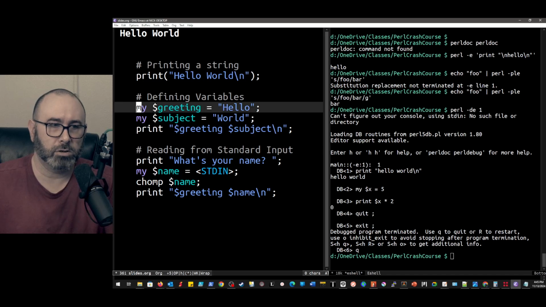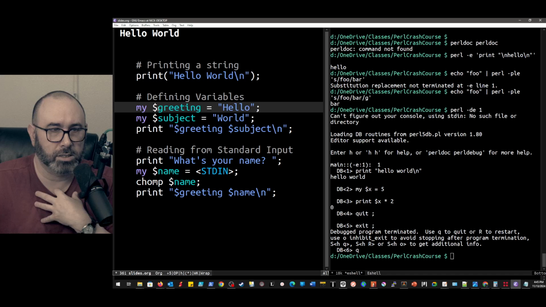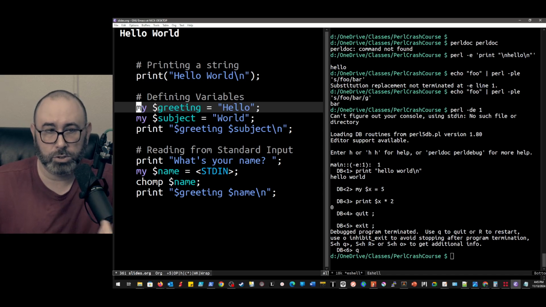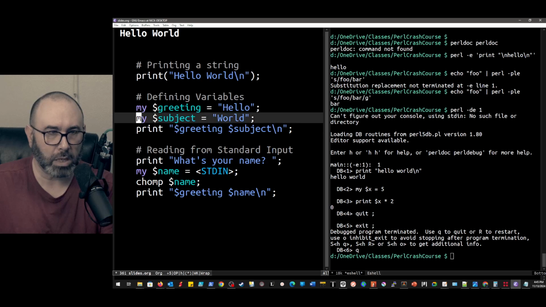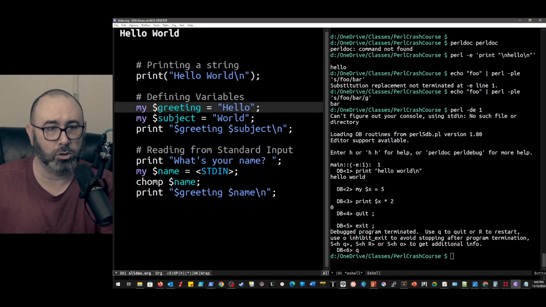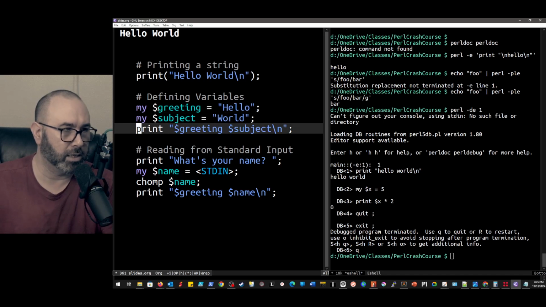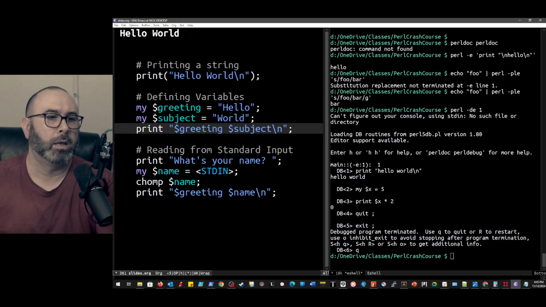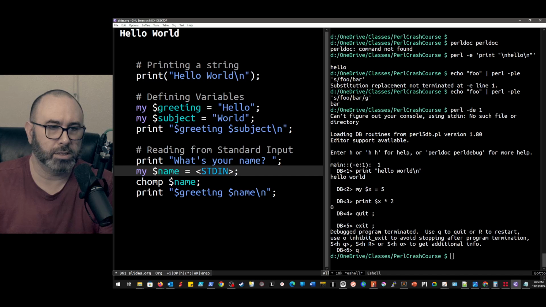Now, you don't necessarily need to use my on everything. I'm using that in this course because I think it's a good practice. And typically when I use Perl, I'll use an option called strict that ensures that we follow best practices. One of the best practices is defining if a variable is global or not, and typically avoiding global variables, which is generally recommended in all languages, not just Perl. There are exceptions, whatever.